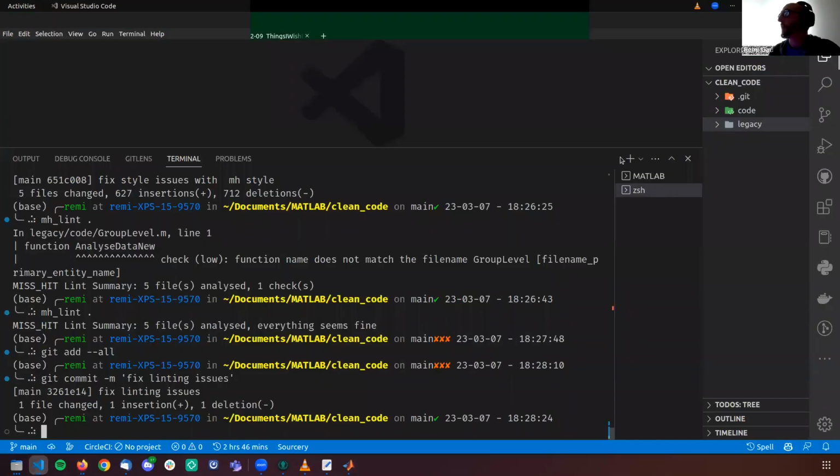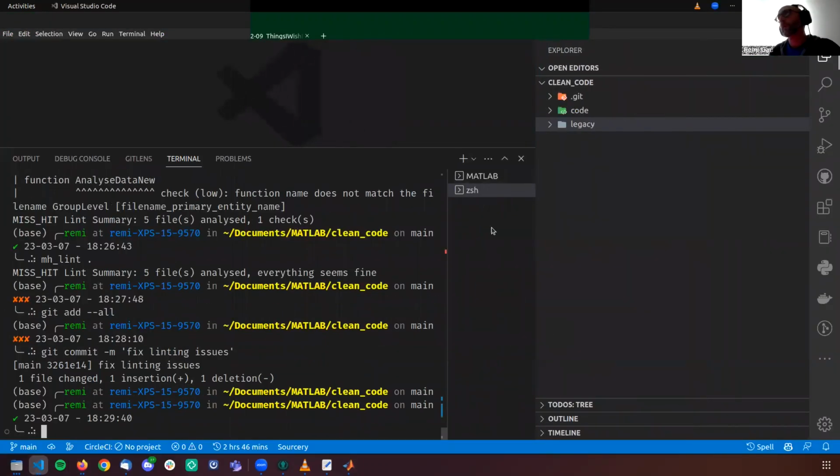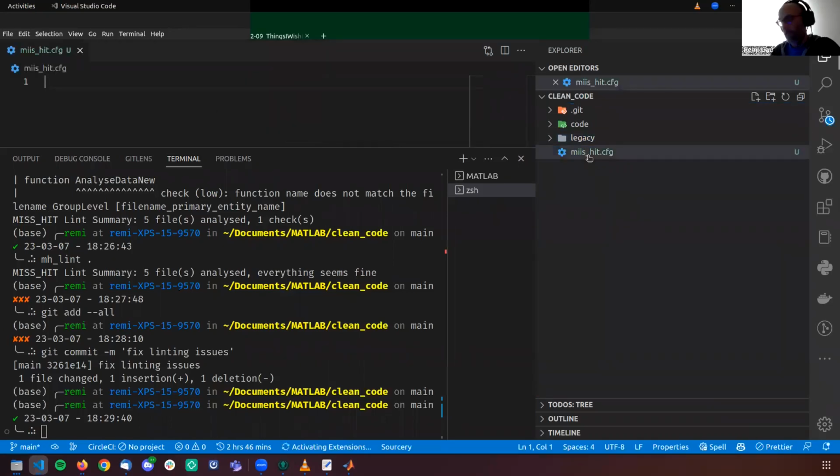The way we would add the configuration for mishit would be simply to add a mishit.config file for the configuration. Preferably with the correct spelling for the file.